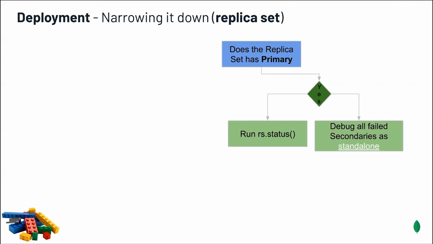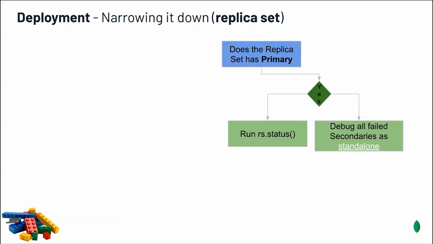If your replica set has a primary, which is good news, that means that you don't have downtime and your primary is accessible, your replica set is accessible, your application can work, your customers do not feel any downtime of the cluster. You can connect to it, run rs.status,